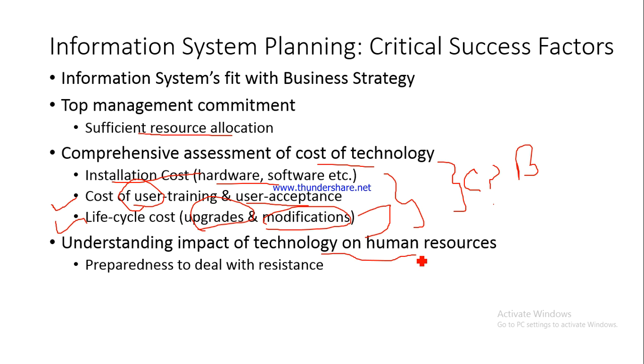So you have to take into account the possible response of the users to the new information system, whether they are going to welcome it wholeheartedly or are they going to resist it, not adopt it. Now this is something that you will have to be able to forecast right in the beginning, and if you feel that they are going to resist this new information system, then you will have to be prepared to deal with it. How to win over them?